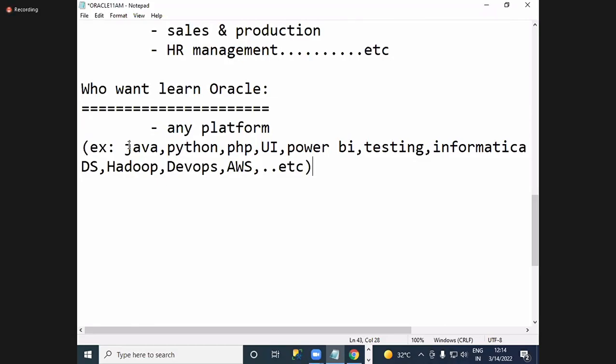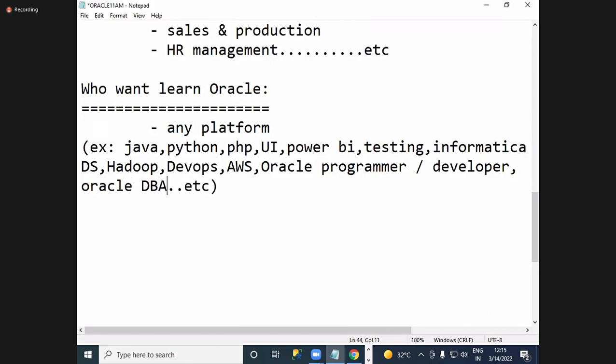And if anybody tries as an Oracle programmer, or else a developer, in this position people can use it. One more position is the Oracle DBA, database administration. These people can also learn these courses.